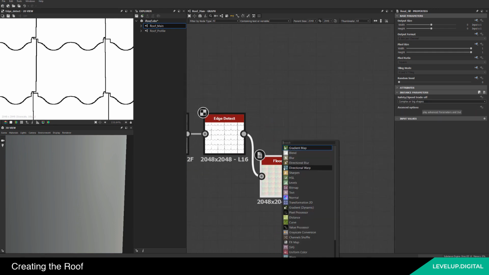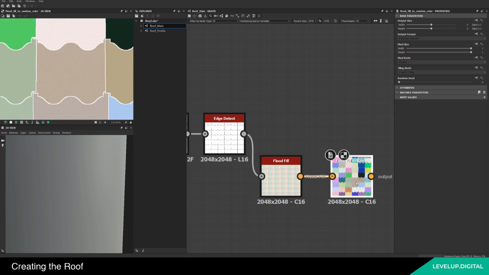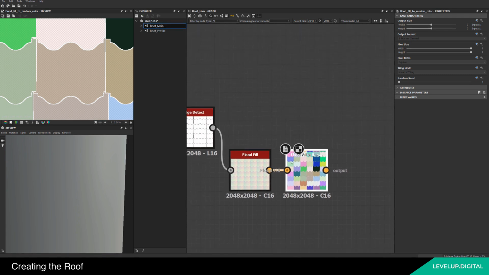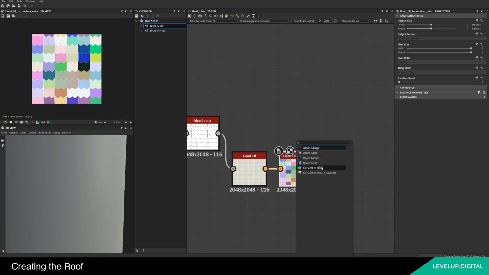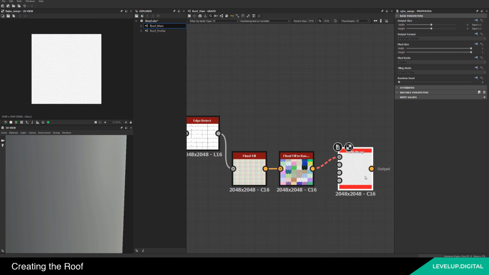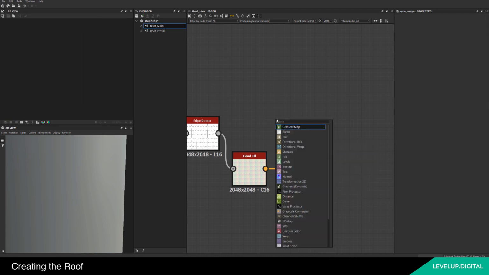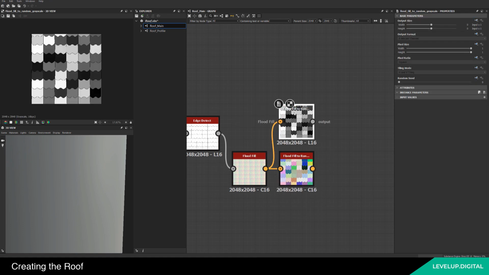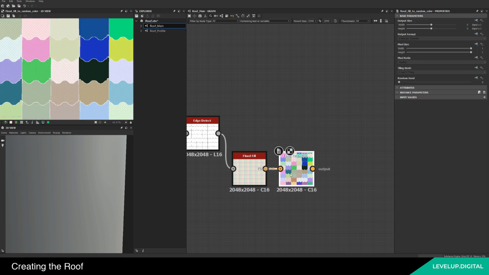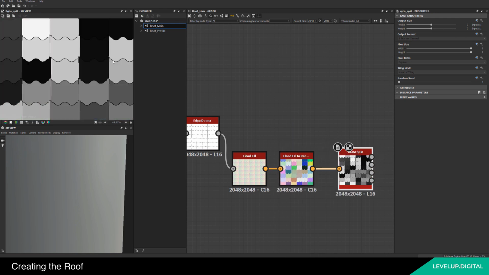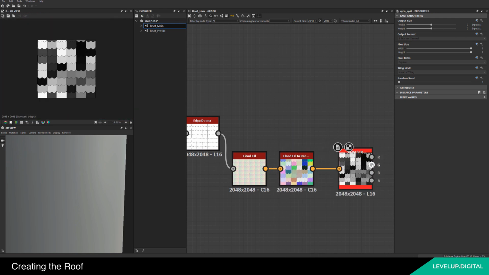So we're going to run this through flood fill to random color, which will allow us to get multiple values for each. There's also one called flood fill to random grayscale, which gives us one set of grayscale values, but using this one we get multiple. So if we run this through an RGBA split, you see we have 1, 2,